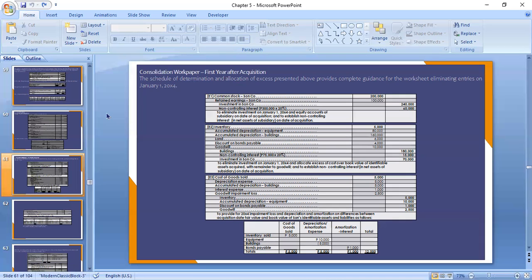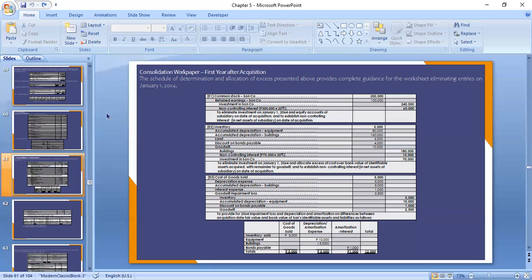We have an amount to be used for a goodwill. Okay, debit to goodwill, credit to buildings, and non-controlling interest and investment account for